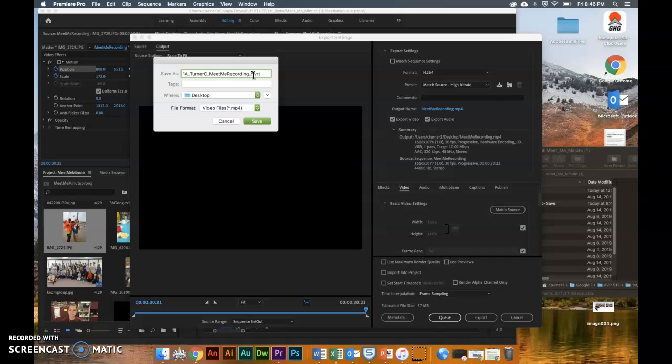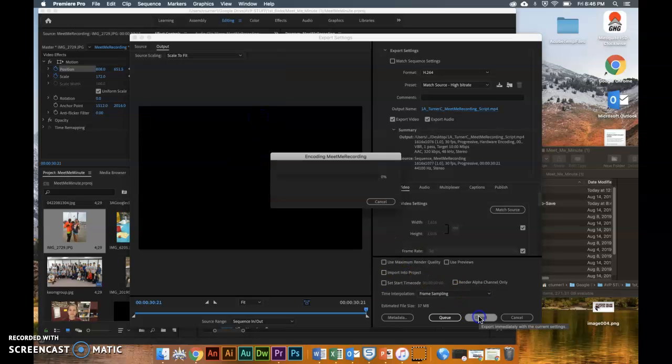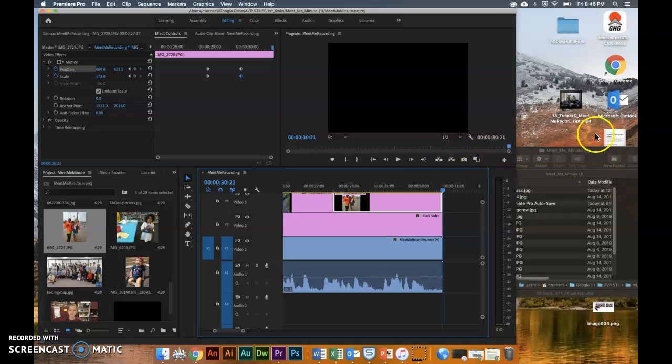I scripted mine, so I'm going to type script. Okay, then you should just be able to hit export, well, save, export, and it will export it there. It's a real short, it's less than a minute, so it shouldn't take too long. From there you go find it,